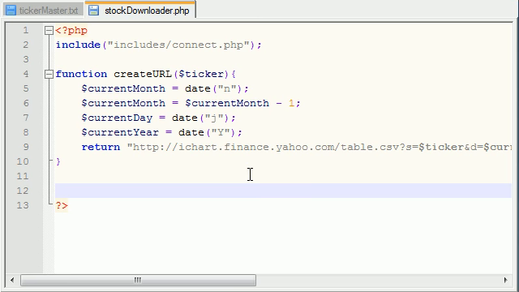And now that we created that custom URL, what we can do with this URL is use it to download this CSV file, or comma separated file, and whenever we have that comma separated file, we want to save it on our server. So let's go ahead and create a function that does that. I'm just going to name this get CSV file, and this custom function is going to